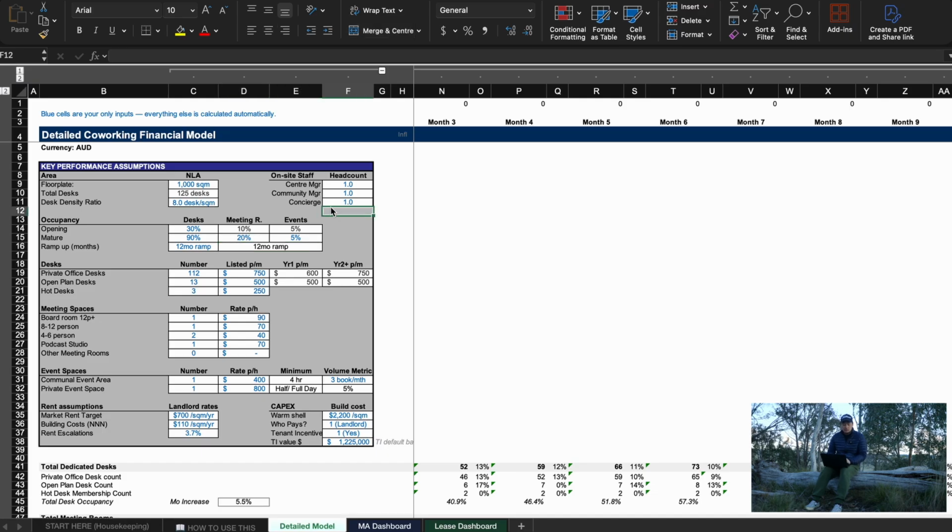The key thing here when you get to a small site is you can see the headcount right now is at 3: a center manager, a community manager, and concierge. And that's a lot of heavy fixed costs for a small site, which is why the economies of scale for larger sites is around the 1,500 square meter mark plus. If you want a headcount of 3, you need more desks and offices to sell to cover those costs. For a site this small, you almost want to see if you can get away with